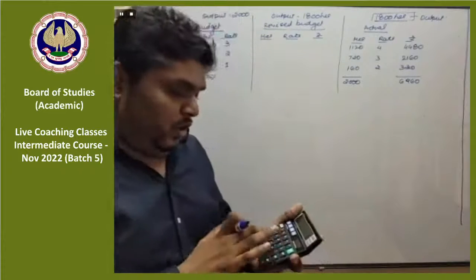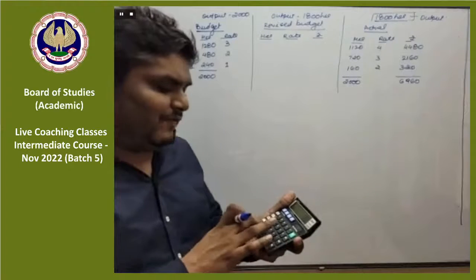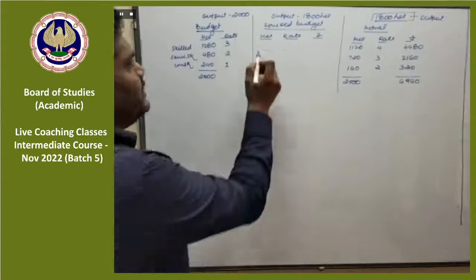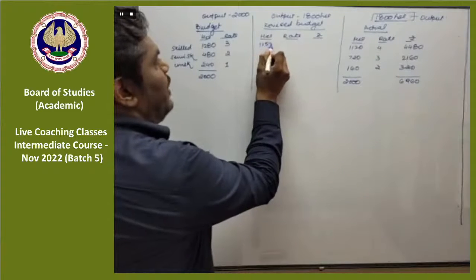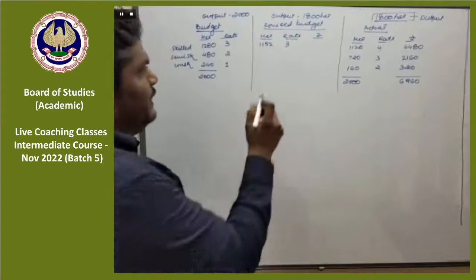So 1280 hours for 2000 hours of output. So for 1800 hours of output, how much? 1152 hours. Into the rate is 3. So 1152 into 3,